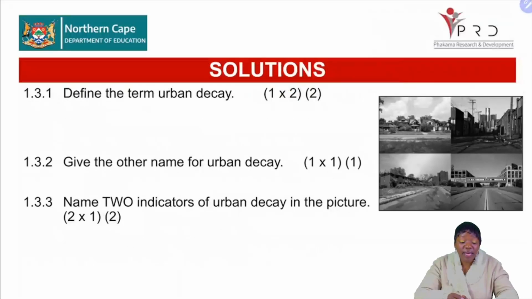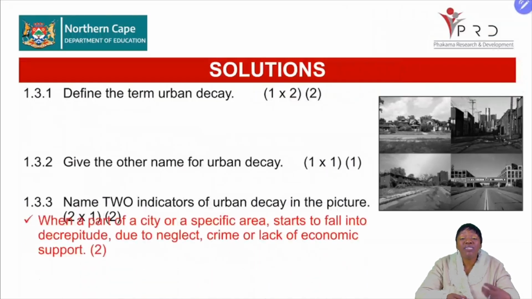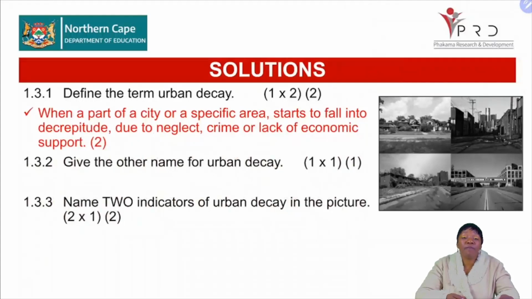Right? Looking at our first question, I hope we are all done and ready for the correction. So let us go through how we define urban decay. Remember, there are so many ways you can do it. We said these are the abandoned buildings, or the old buildings that are not taken care of. In our answers, we have included that urban decay is found inside the CBD, which is the city. So when a part of the city or a specific area starts to fall into